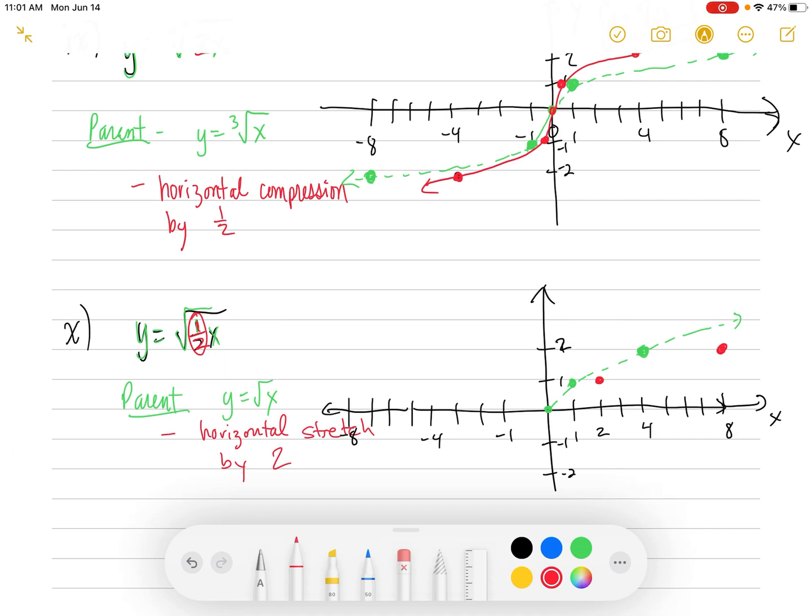And then the origin, 0, 0, when you take the x value, multiply it by 2, the x value stays 0. So you're going to still have 0, 0. Now this is what we're going to have here. This will be y equals the square root of 1/2 x. So basically everything got stretched out horizontally by a factor of 2. All right, so these are all the